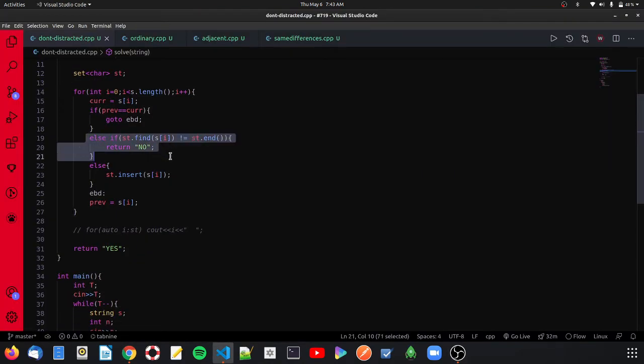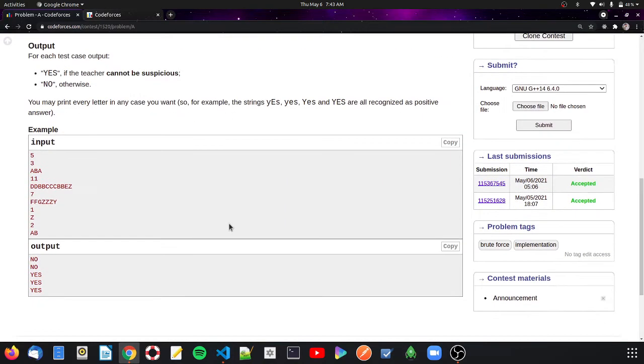If we haven't found that character, we need to insert it. Right, here it is doing that. If we have already found the character before, that case will be here. So let's see this ABA. We have encountered A, and since we are seeing it for the first time, we'll be inserting it.